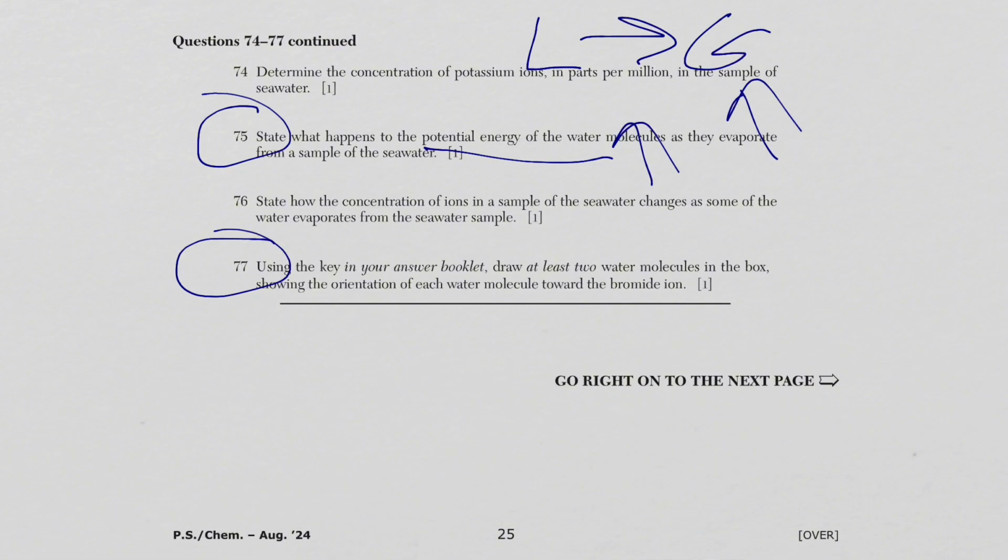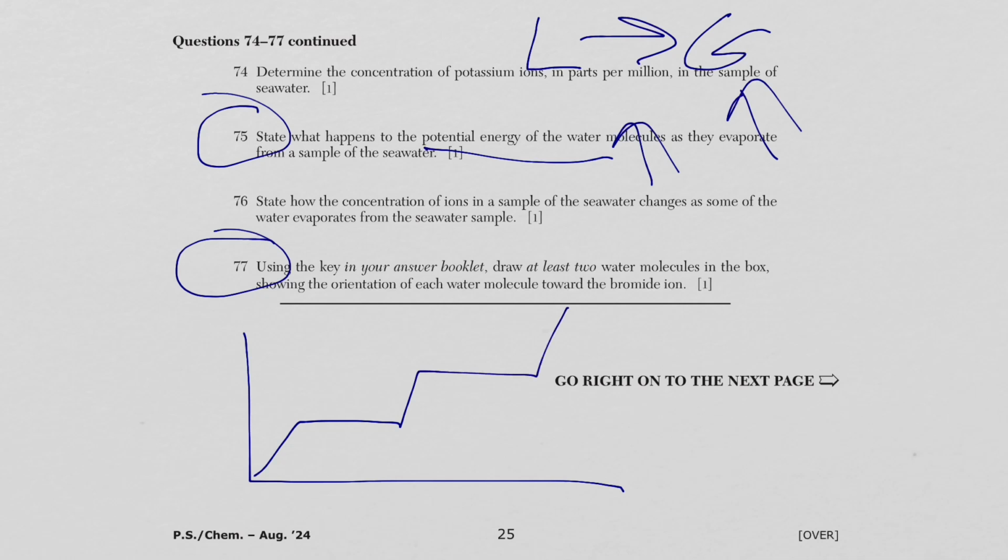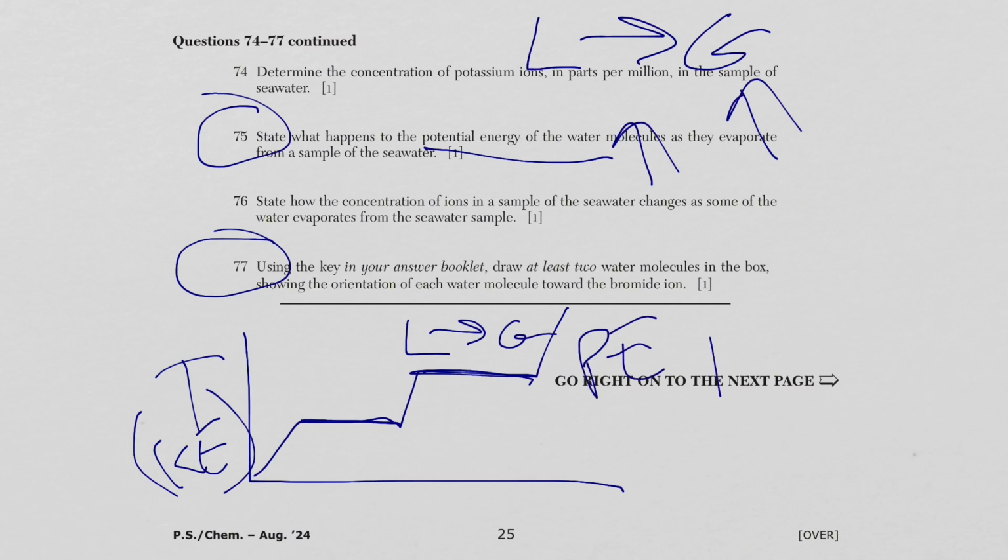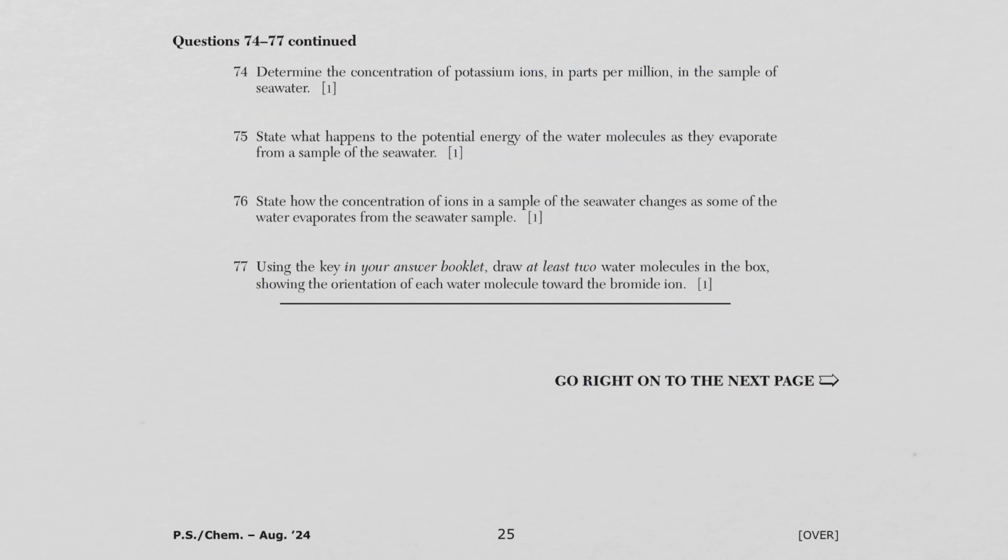It's also, from a heating curve perspective, if you remember those, when you are at a plateau, which is a phase change, in this case, the second one would be liquid to gas. Temperature remains constant. That means kinetic energy is constant, but the potential energy is changing, and liquid to gas, it's increasing. For question 77, it says to draw at least 2 water molecules in a box showing the orientation of